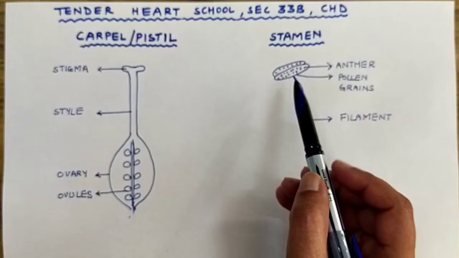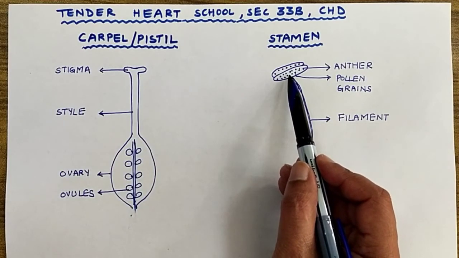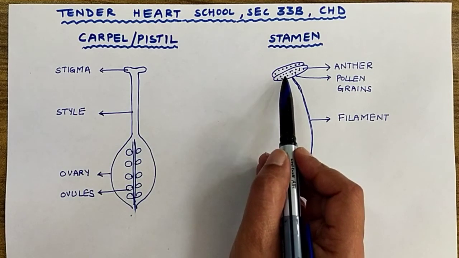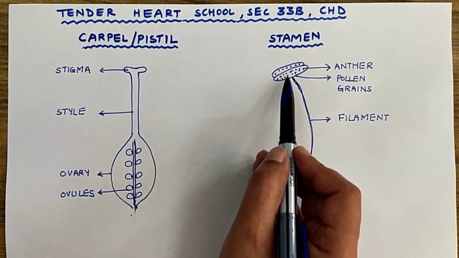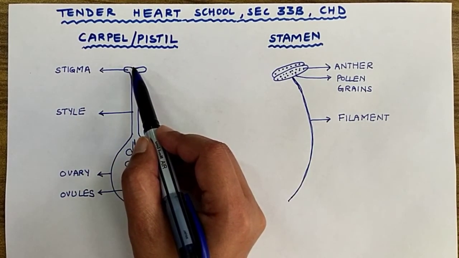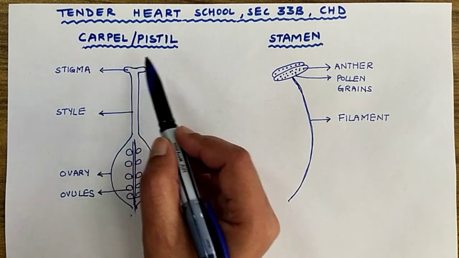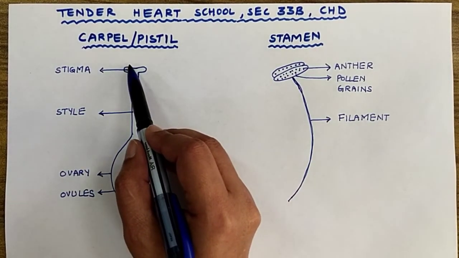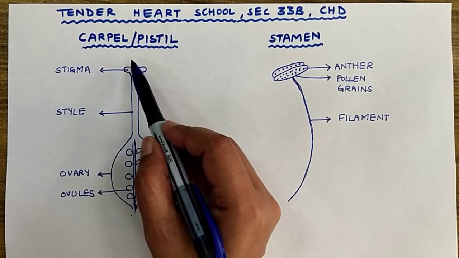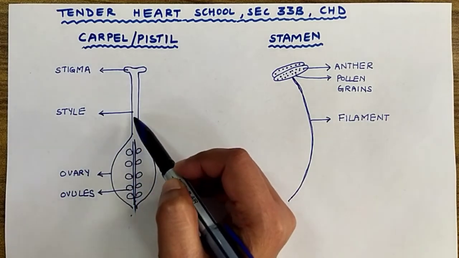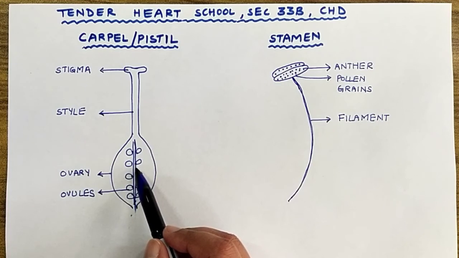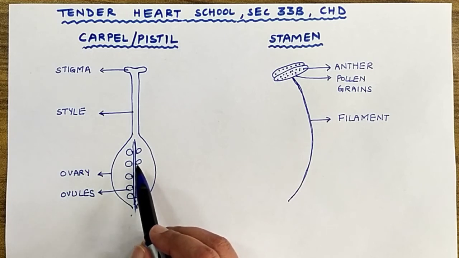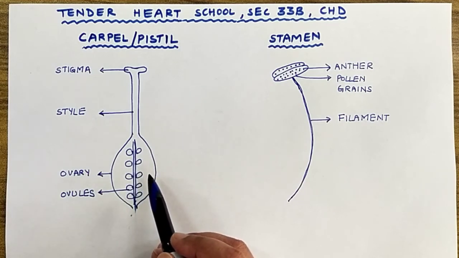During pollination, the pollen grains which are formed inside the anther are, with the help of some agent, like wind or insect, transferred to the stigma of the carpel. Male gametes have to fuse with the female gametes. So male gametes are transferred to the stigma of the flower. From the stigma, these pollen grains enter into the style and then further inside the ovary, where they fertilize the ovules. After the fertilization process, seed is formed.